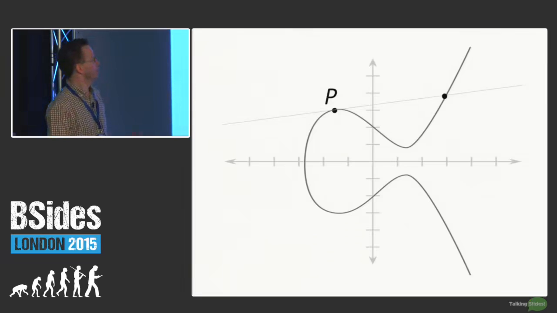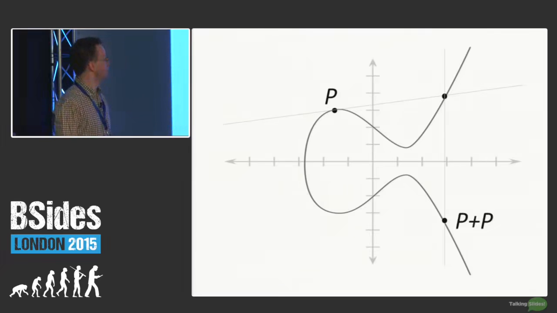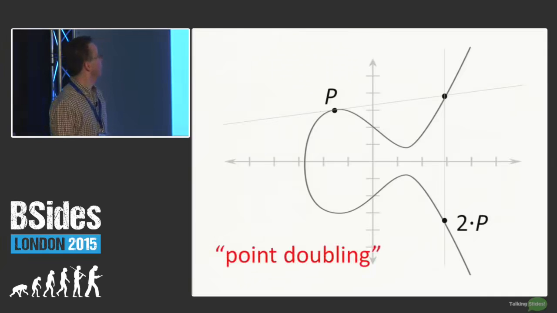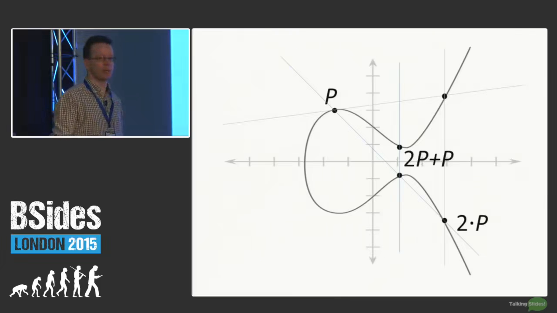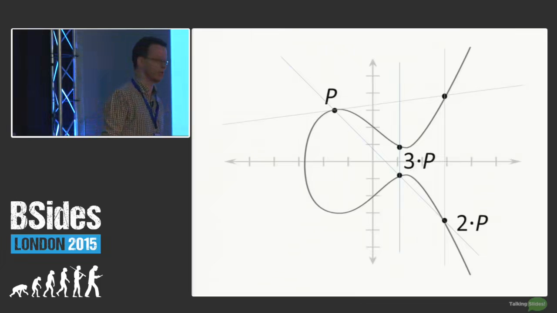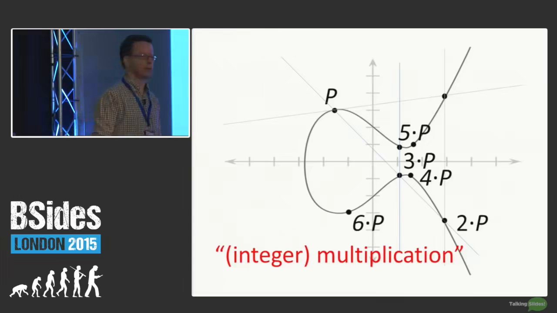This line also has a unique extra point that lies on the curve and on the line. And again, you can take the vertical line through it, and you find a point P plus P. And we actually call this 2 times P. This is called point doubling. You can double a point. And you can combine it. You can get 2P plus P. Again, take the line through it, take the vertical line, and you get a point 2P plus P. And as you may have guessed, this is called 3 times P. And you can get 4 times P, and 5 times P, and 6 times P, etc.